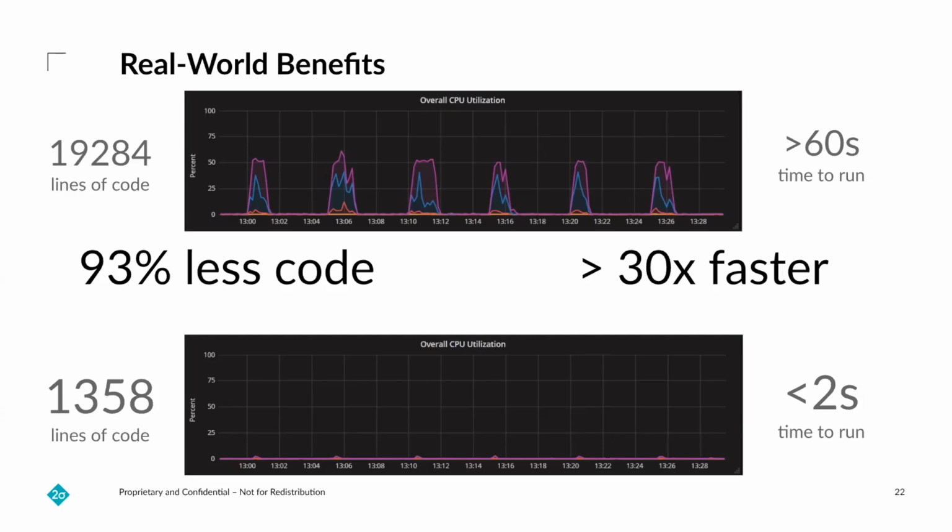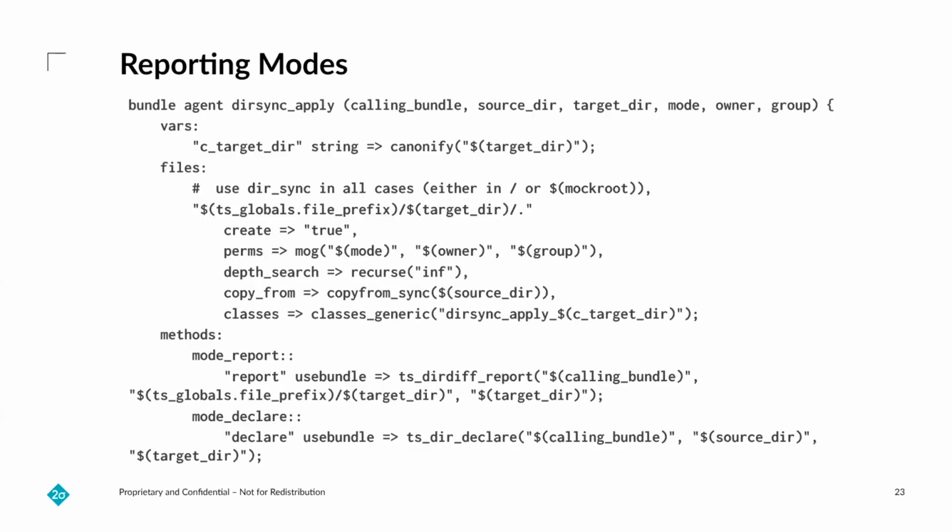Okay. There's another great benefit that we got here, and I know we're running low on time, but I want to take a quick second to say that our ability to do reporting comes out of having very, very few policies. This is a lot to look at, but if you look under methods, there's this class gate called mode report and mode declare. So if you are running in a reporting mode,